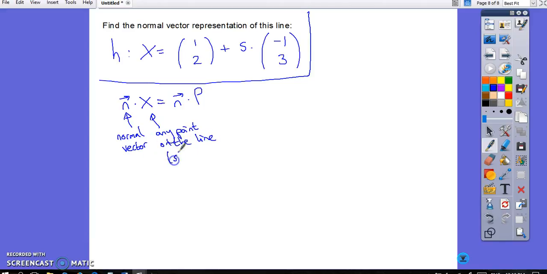So it stays like this to represent the coordinates x, y. N again is this same normal vector as we've had over here, and p is a specific point on the line,